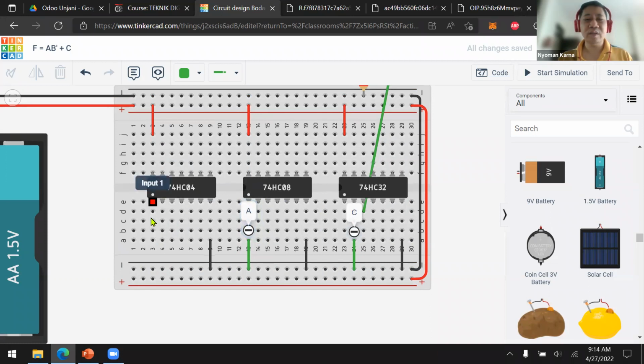So this one is B. Input 1, output 1. Okay. So this one is B. And then this one is B naught. Going to put it to here. So this is B naught. This is A times B naught. This is the output of A times B naught. And we're going to put A times B naught to here.